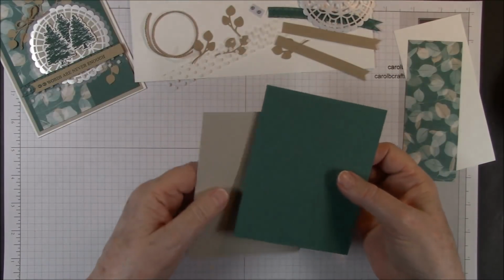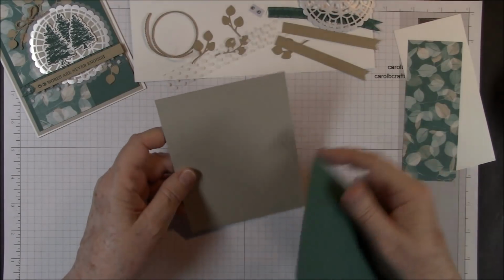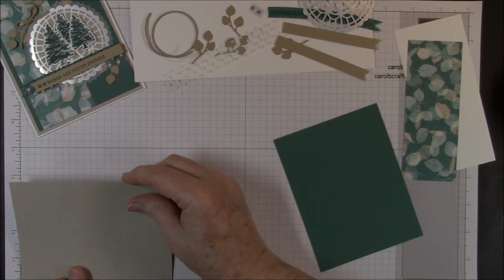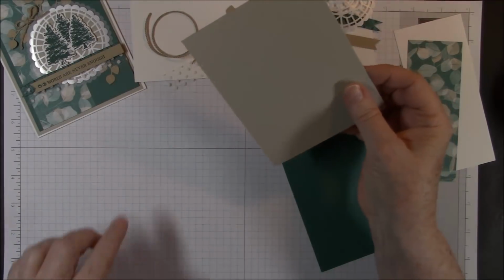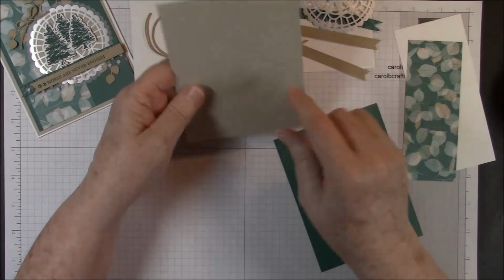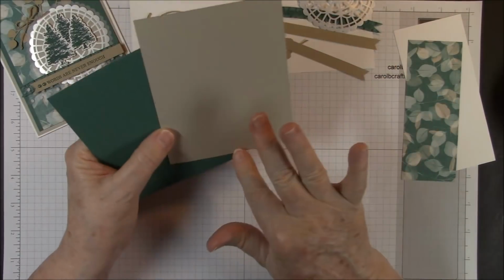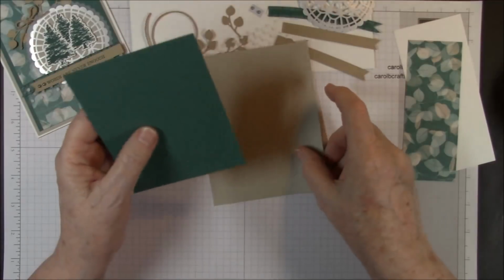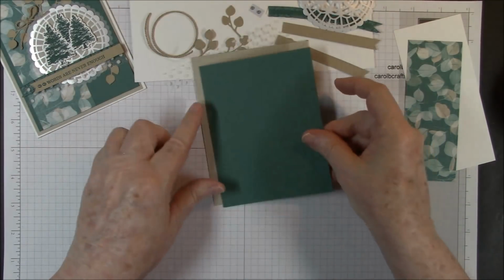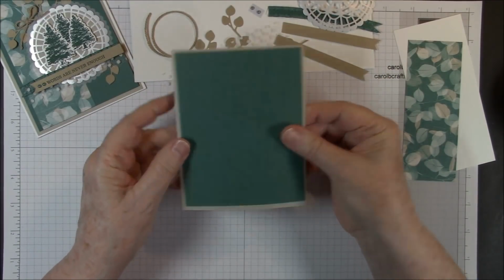Then for the front of our card, we have a piece of crumb cake, which is 5 1/4 by 4. Let me check that just to make sure. Actually, it's 5 3/8 by 4 1/8. Okay, so this is 5 3/8 by 4 1/8, and then 5 1/8 by 3 7/8. I'm not sure. I should have written that on the back, and that's going to go on the front of